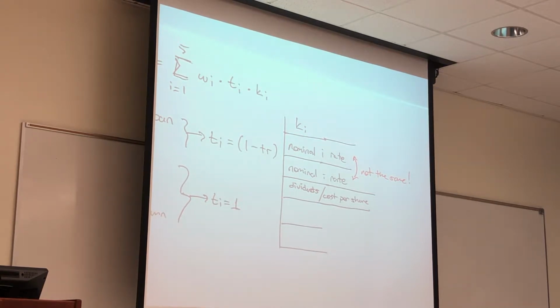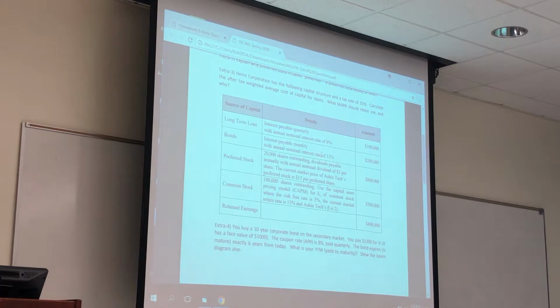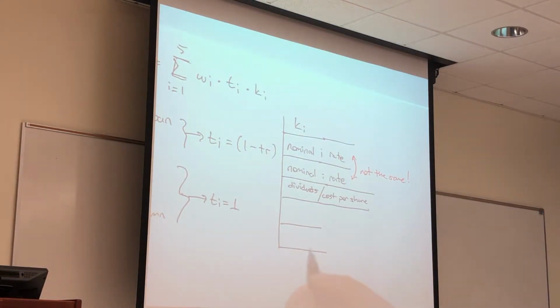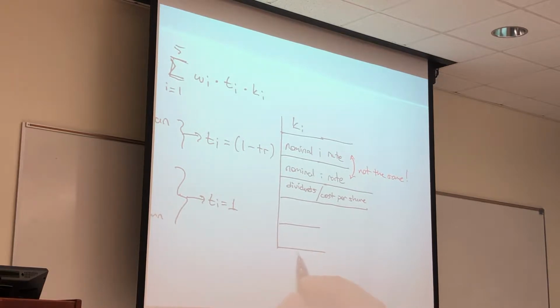Okay, I'm going to cheat up here and then look up the KI for common stock and retained earnings. Again, it's going to be in the details, and I think you've done this in class and in the homework as well, where we were using the beta and the risk-free return, market return, and all that. That was a cool small equation right there. Let's write that down, and you should put that down on your equation sheet.